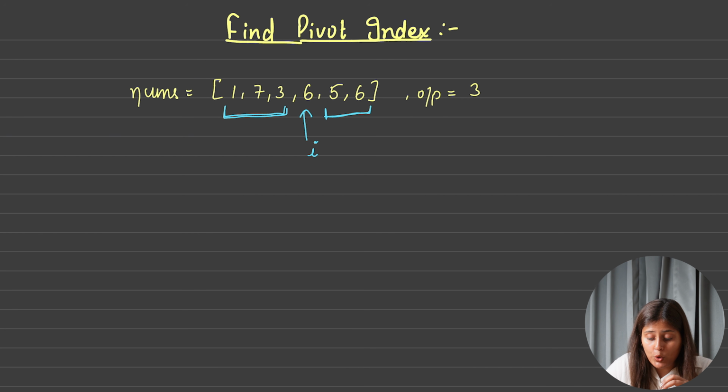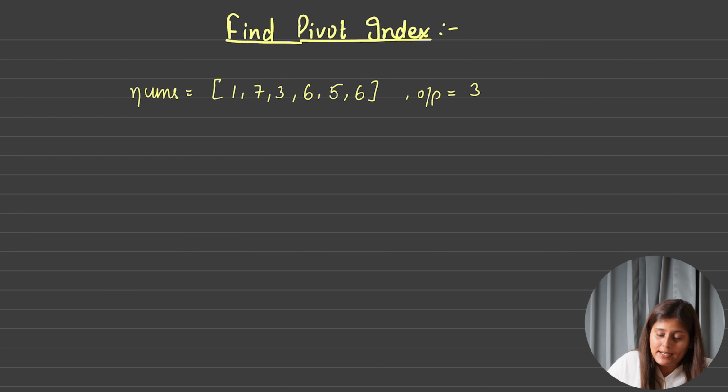Why? Because one for loop will take care of the index for which we are calculating the right sum and left sum, and then we need two different for loops. One for loop will calculate the left summation, which will run from index 0 to i minus 1, and another for loop will calculate the right summation, which will run from i plus 1 till n. So this idea we can code also.